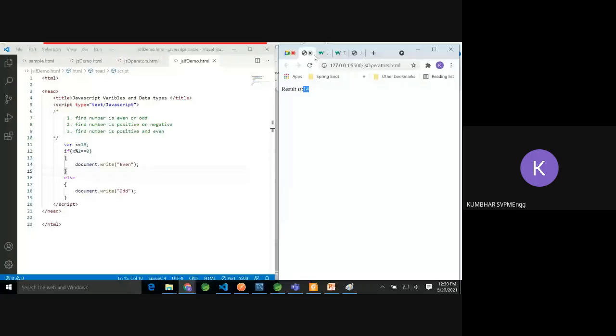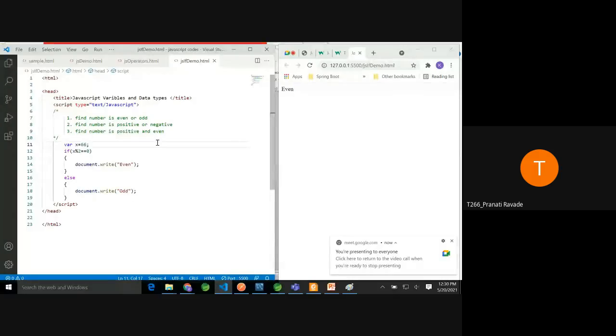I'm to write code to check whether a given number is even or odd. If x is a variable, then x mod 2 is 0 for even, the remainder will be 0. If it is not divisible, then it will go to the else and print odd. So this is the result, odd, as I have assigned 13 to x.